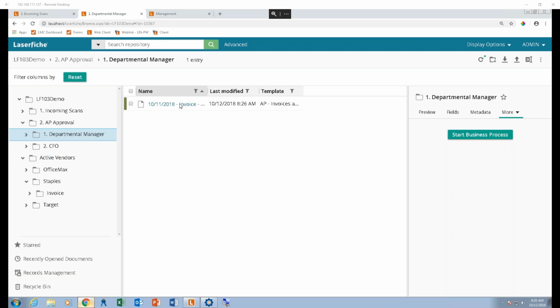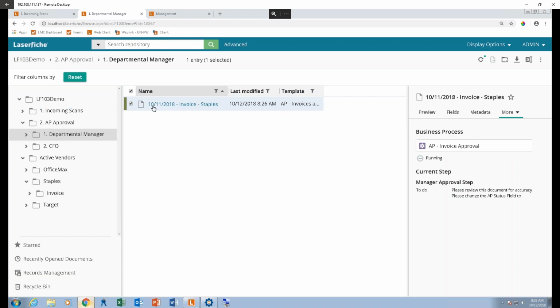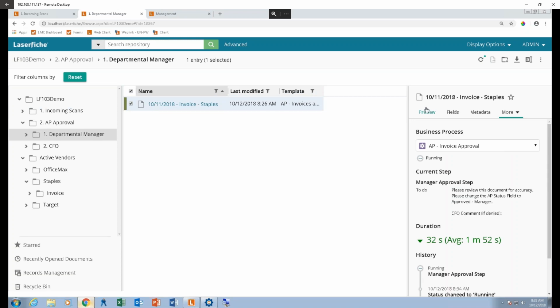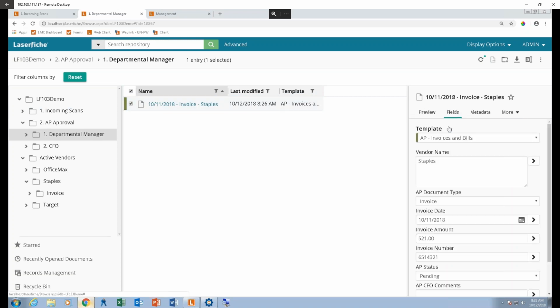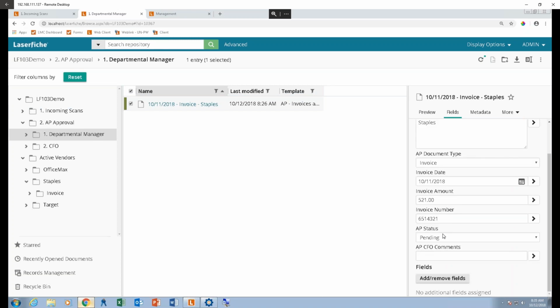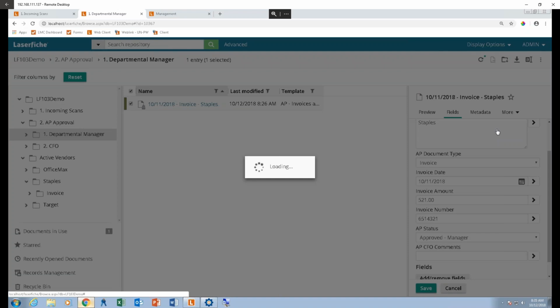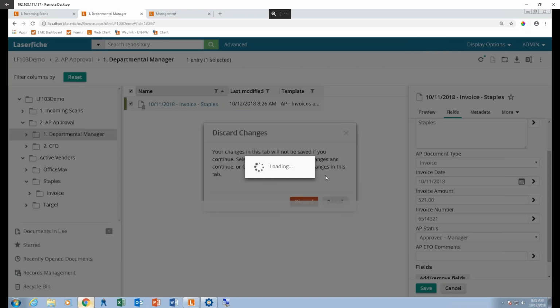All right, so our document is here, and we can see that it was renamed effectively. And if we select the document, we're able to change our metadata here. So we can choose AP status equals approved by the manager. And then if we wanted to, we could also see the process information. So we'd be able to see,